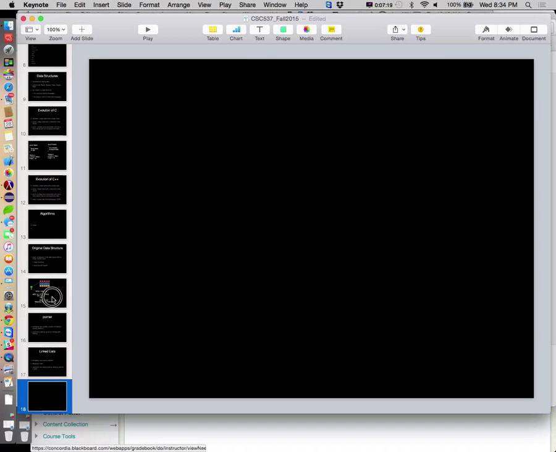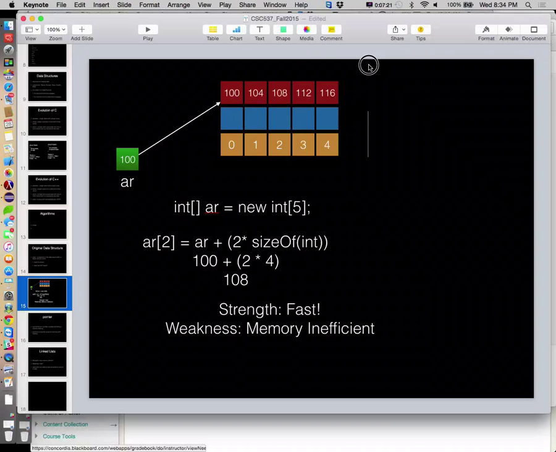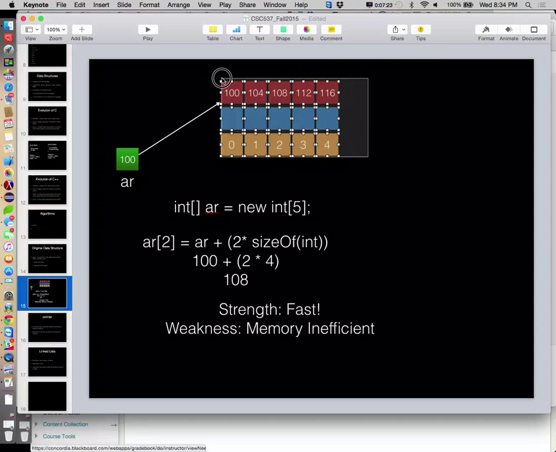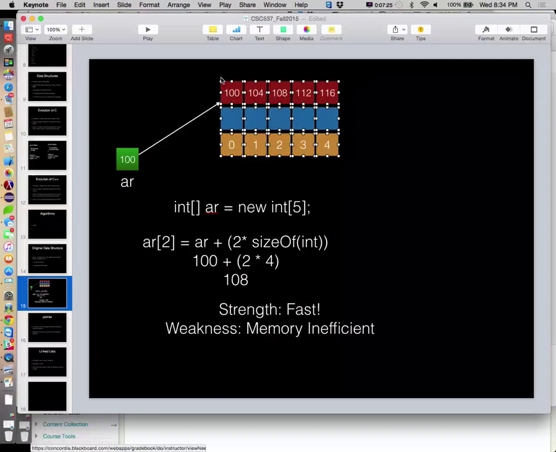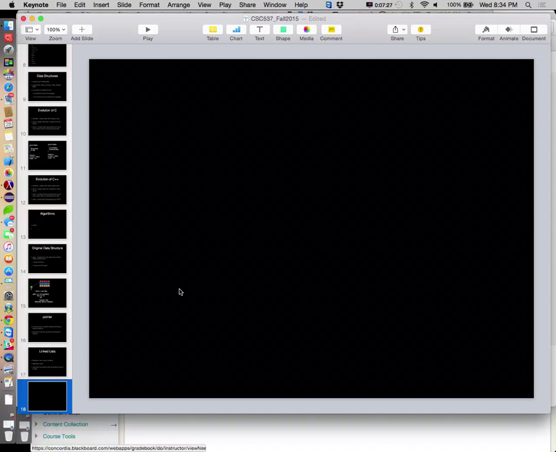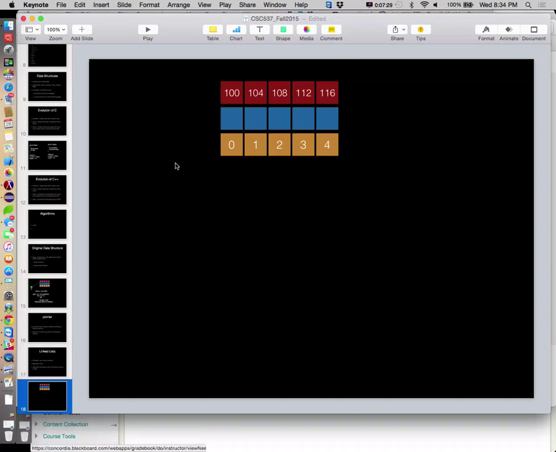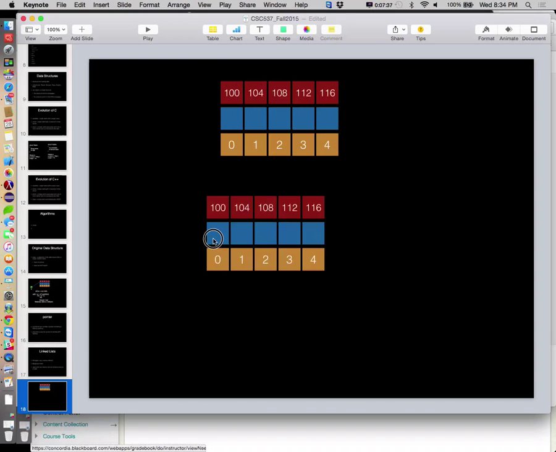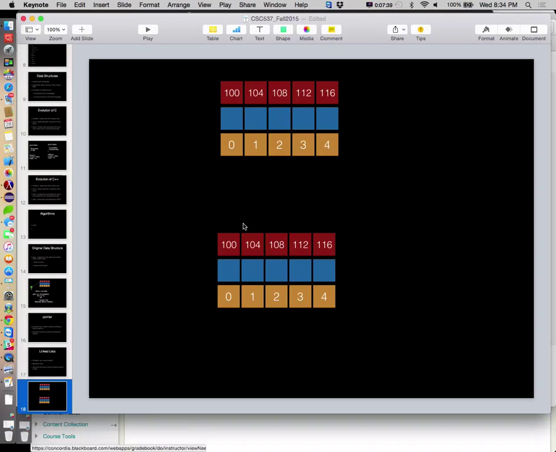Let me actually steal some of this stuff. Okay, so this is our 5-bucket array that we had before. I'm going to show you this in a linked list style. I'm going to spread these out.